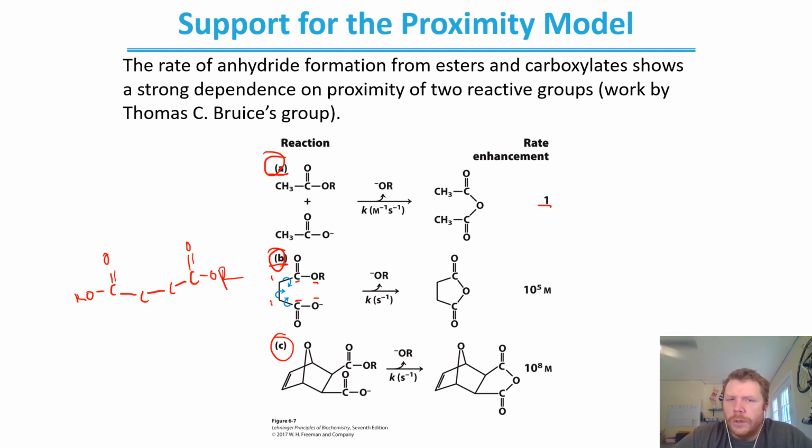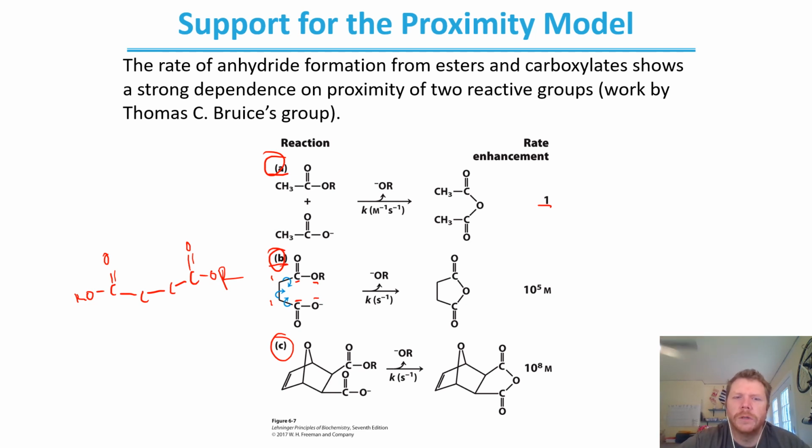But it's important to know that those two groups remain on the same molecule, so their chances of being in close proximity to one another are greater than in scenario A, where two molecules are separate altogether. And they saw a 10 to the 5th reaction rate